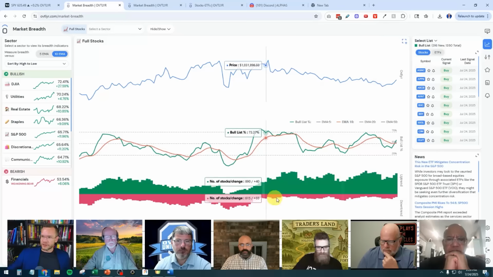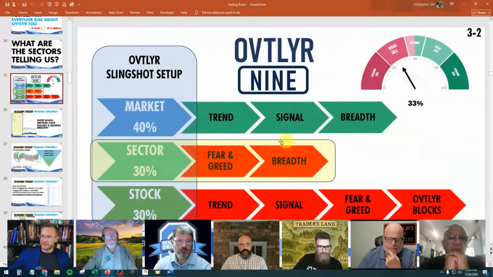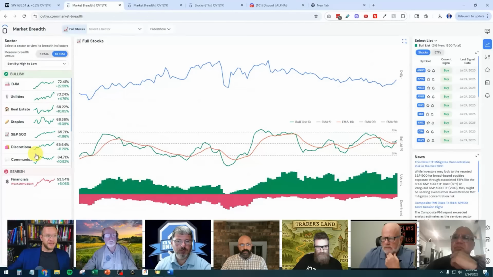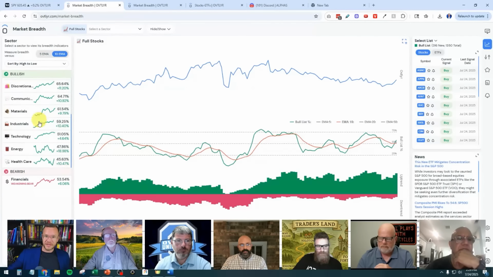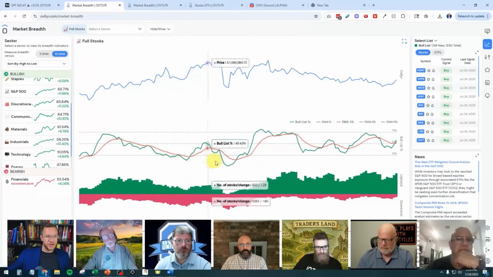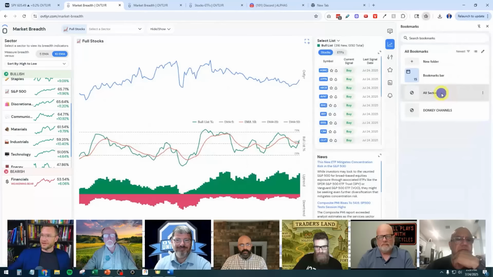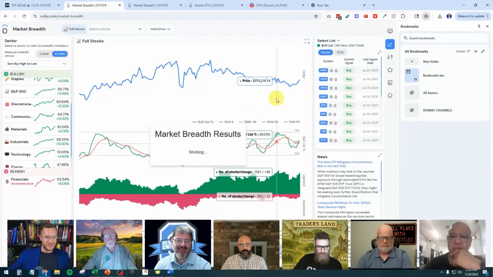So taking it one step further, we want to be looking at the sector. Let me scroll up a little bit. We want to be looking at the sector breadth as well. Now, we would apply the same criteria to the sector breadth. And one thing that's really handy is we do have the crossovers over here. You can use the 5 EMA on the chart, and you can swap this over. Or you can use the 10 EMA, and you can see who is bullish on the bull list percentage. But now, with this sick donkey button that we have, we can look at all the sectors all at once, and this makes life so much easier.